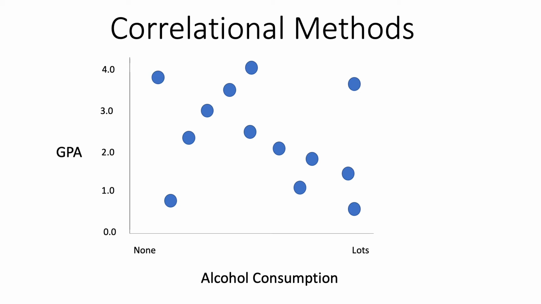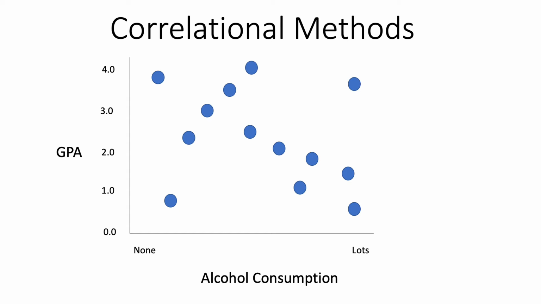Now, if you look at this, it does show us that there appears to be a relationship of some sort. In general, people who drink a lot seem to have lower GPAs than people who don't drink as much. Now, it isn't perfect. There are some people, like the individual in the upper right-hand corner, that drink a lot and have a really good GPA. There are other individuals, such as the one in the lower left corner, who hardly drink at all, but their GPA isn't very good. But in general, there tends to be this relationship where high alcohol consumption seems to be